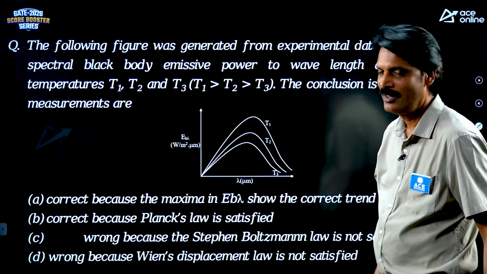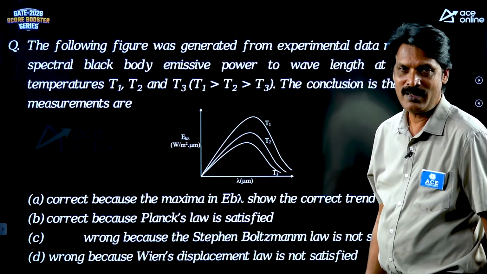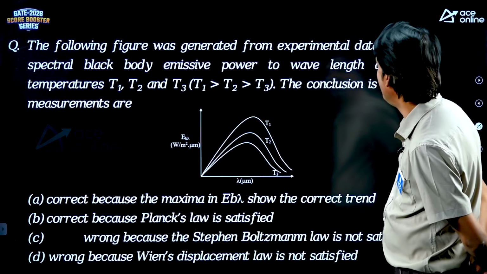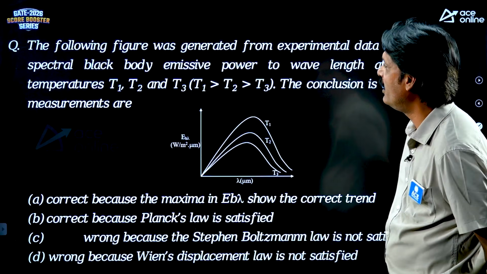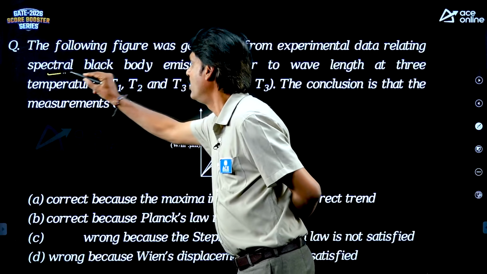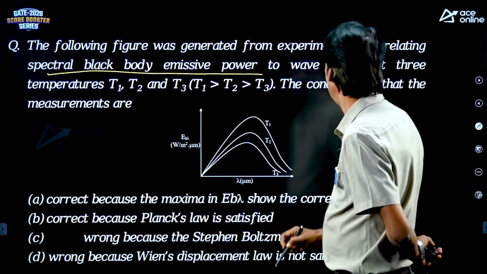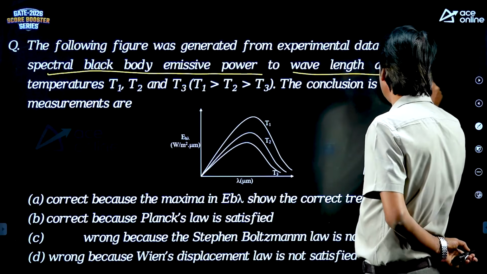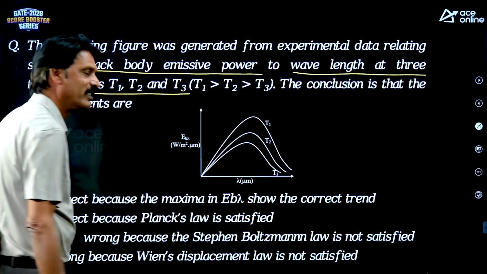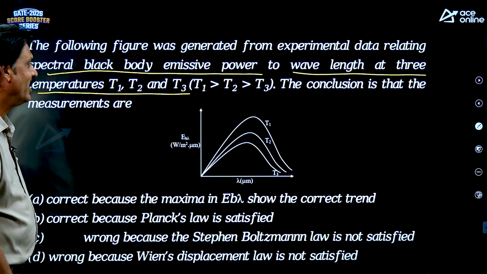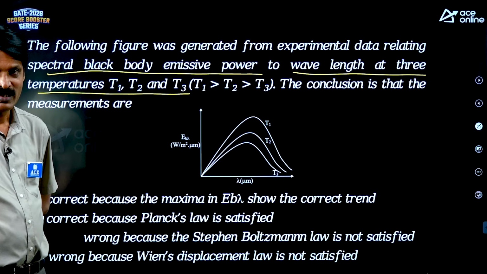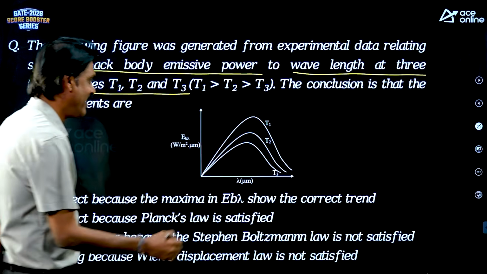Let's go to another question. The following figure was generated from experimental data relating spectral blackbody emissive power to wavelength at three temperatures T1, T2 and T3. The conclusion is that the measurements are wrong. Reason is